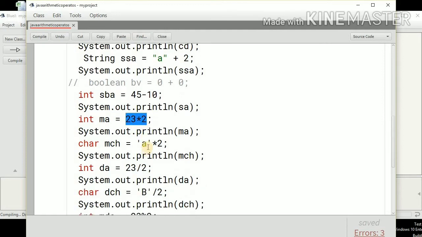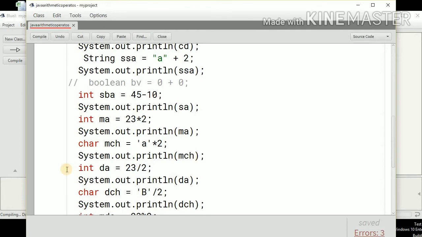Now you can see this is the multiplication of a char variable. So this is a char variable and this is the integer. The fundamental is that we will take the ASCII code of this A, that is 97. 97 will be multiplied with 2. So the result will be stored into MCH, and now the 184th ASCII character will be printed.